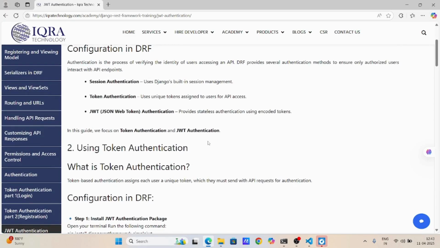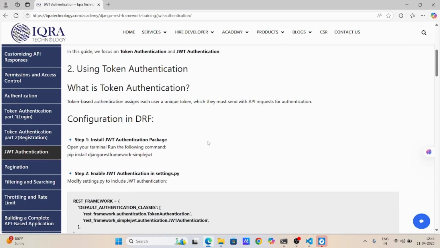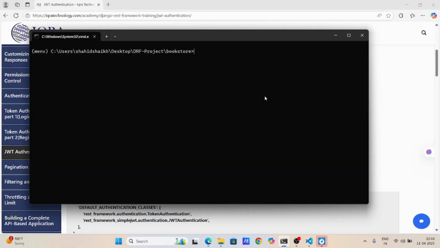Now, let's dive into JWT authentication. For this, we have to install the JWT authentication package. Open your terminal and run the command. To use JWT authentication, we need to install a package first. For this, run pip install Django REST framework